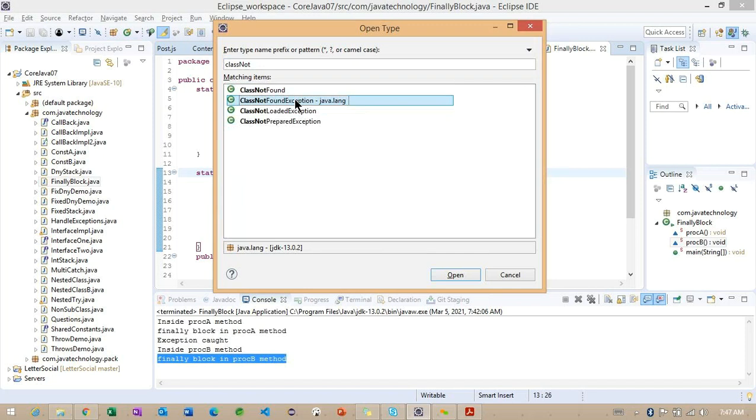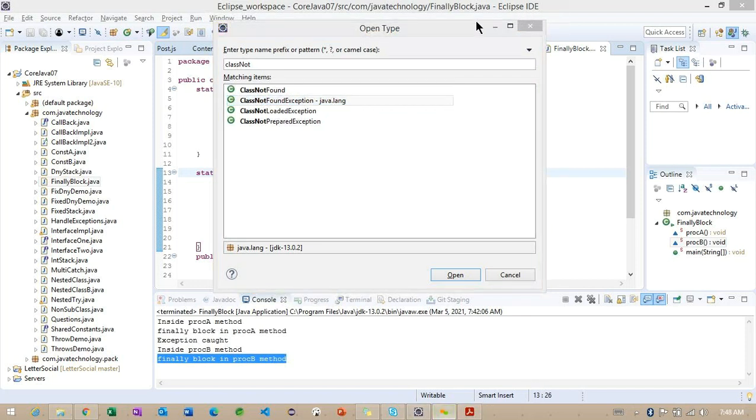Class not found exception is a checked exception. To handle this, initially while developing the code, we are going to specify the try catch block. And one more here, SQL exception. This SQL exception will come into the picture when we are discussing JDBC-related examples. In JDBC-related examples, we are going to get the SQL exception. SQL exception is also one kind of checked exception.